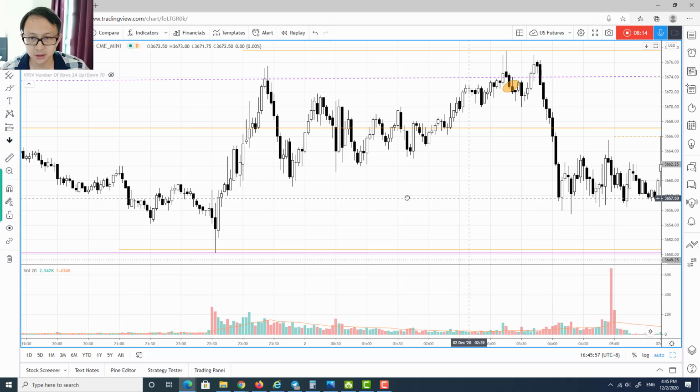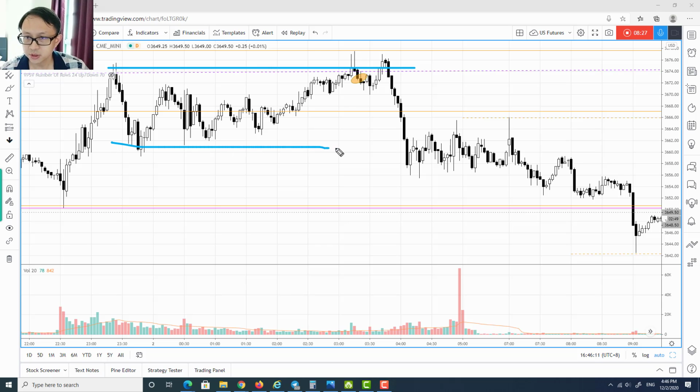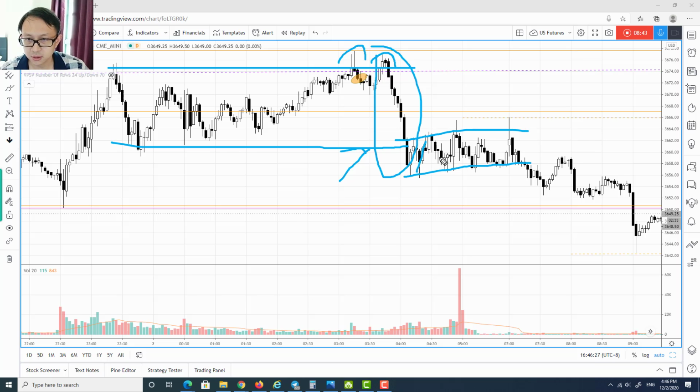So let me track it out a little bit there. You can see that the distribution actually had some follow through even during today's early morning session, during the Asian session as well. So let me just draw this up again. That's an upthrust after distribution with a test, followed by a sign of weakness, breaking down of this support, and followed by this inability to rally up. So look at all the rallies only getting rejected, and subsequently we have this breakdown again, test, and eventually just